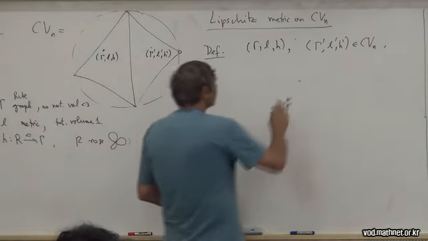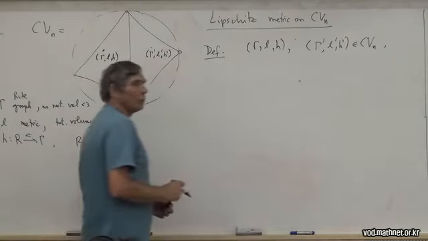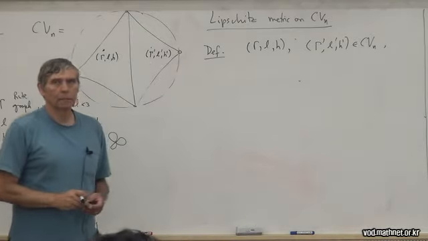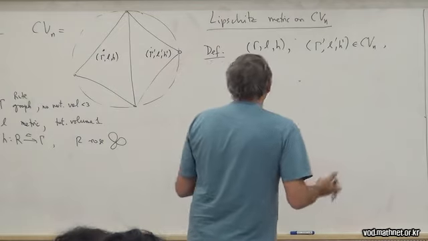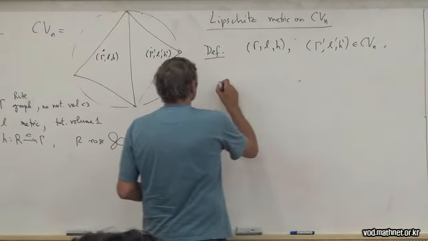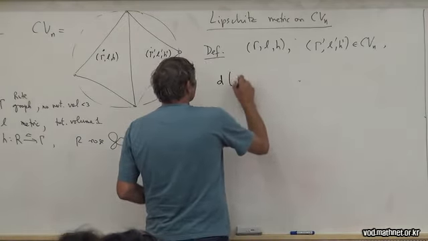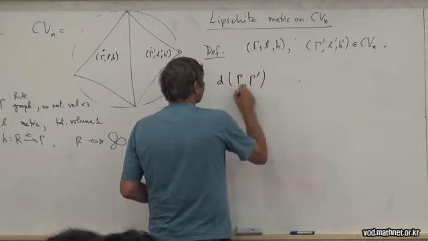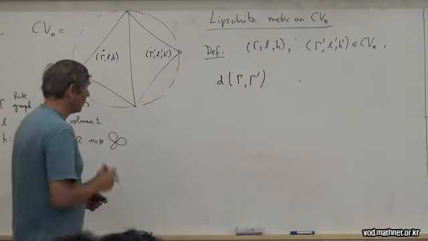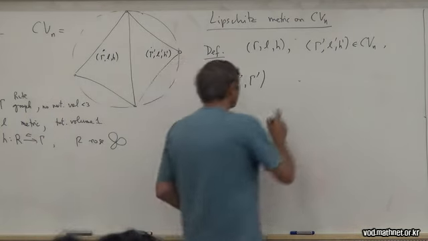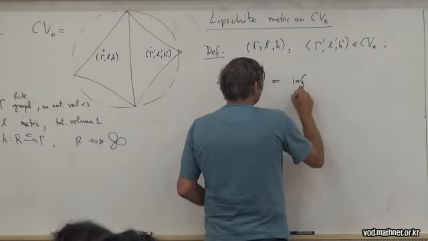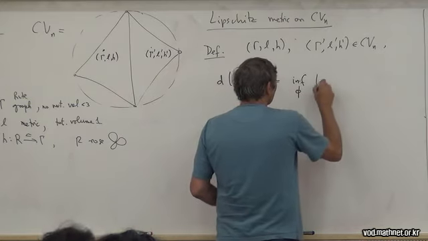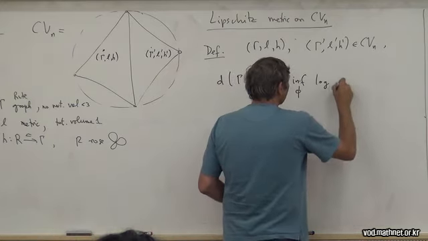So these are 2 points in outer space, and my goal is to define the distance. So I'll just write it down. So the distance between gamma and gamma prime. Here I'm omitting the triples. It'll be too much. So this is going to be the infimum over phi of log of the